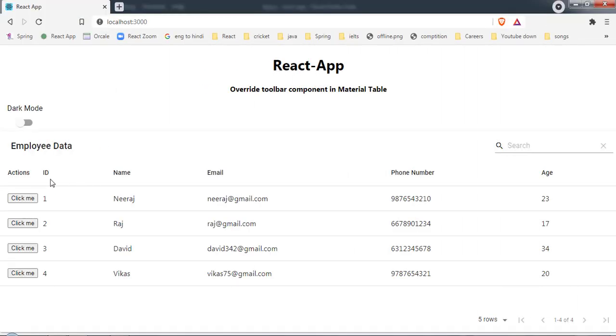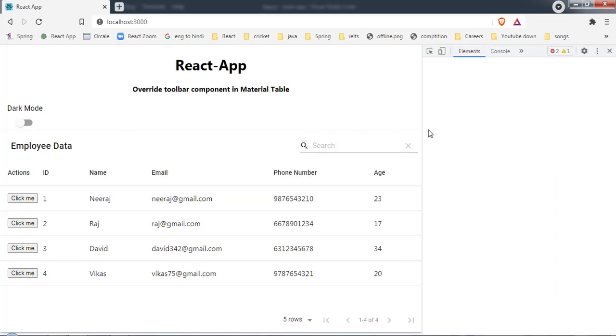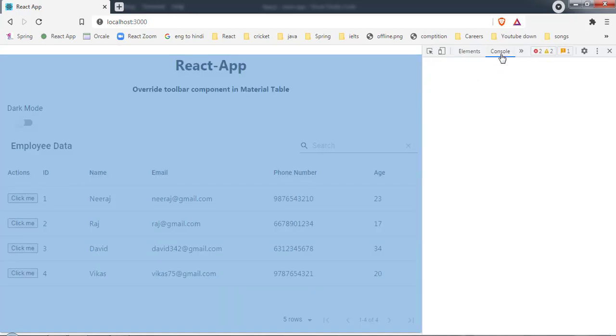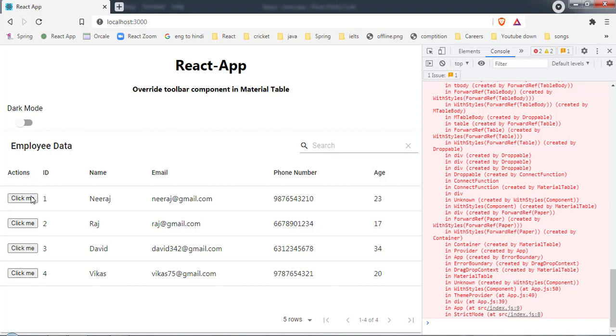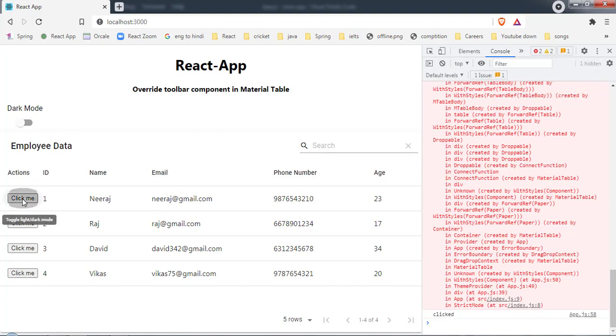Now as you can see, I have an actions column, and here we are rendering our button component in each row. Let me right click, go to inspect, and from here select the console. Now let me click on this button. As you can see, I clicked once and I got our text message because we were doing